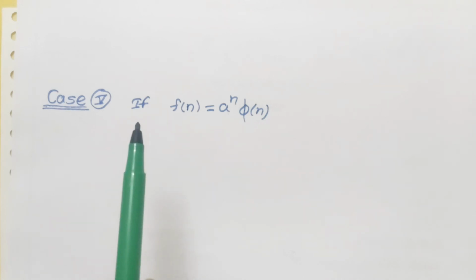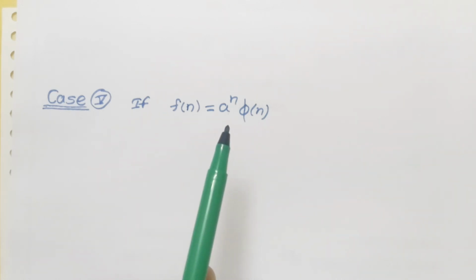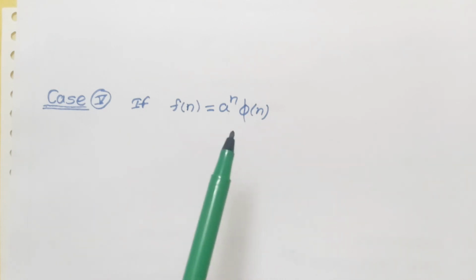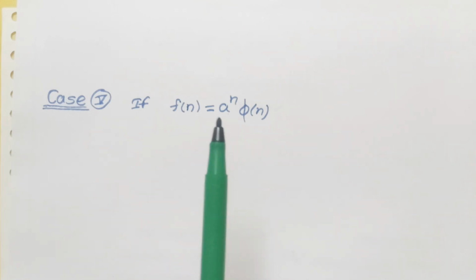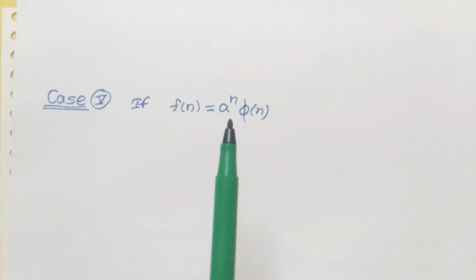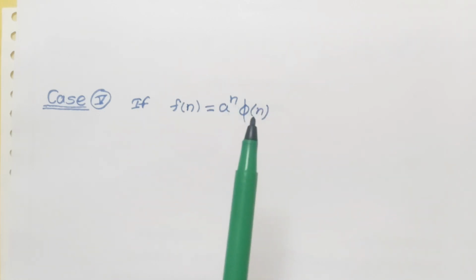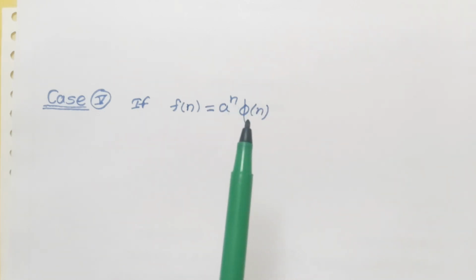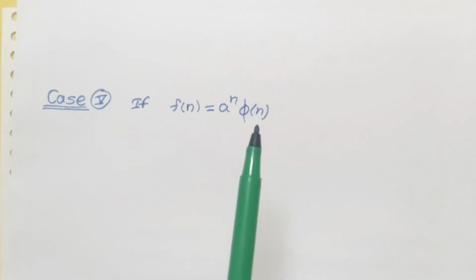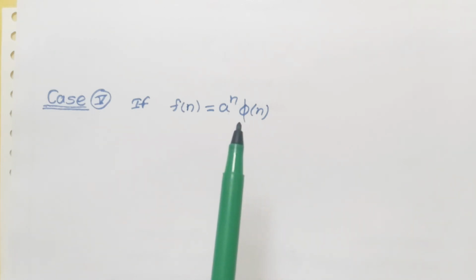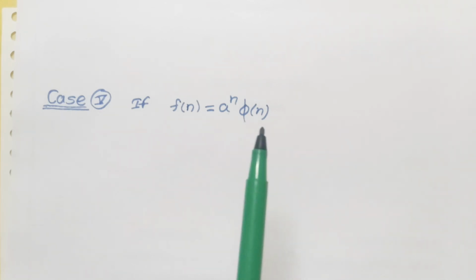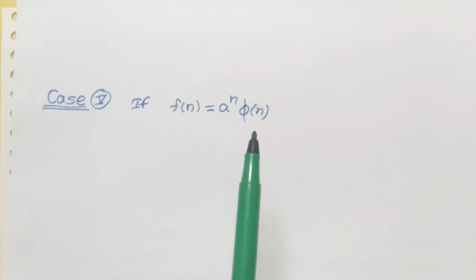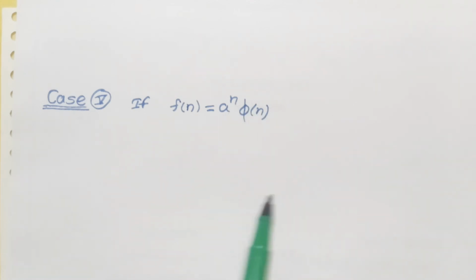Case number 5 is if f of n is a raised to the power n into phi of n. तो ये केस जस्ट लाइक एज़ केस नंबर 4। जैसे केस नंबर 4 में भी क्या था, प्रोडक्ट में दो फंक्शन थे, एक है a raised to the power n और दूसरा वहाँ पे phi of n की जगह पे पर्टिकुलर फंक्शन गिवन था n raised to the power p। अब अगर n raised to the power p के सिवा कोई फंक्शन है तो ये जनरल केस में phi of n लिखा है, तो ये phi of n की जगह पे n raised to the power p हो सकता है, या फिर अगेन a raised to the power n भी हो सकता है, साइन कॉस, इस तरह से φ की एनी वैल्यू रह सकती है।